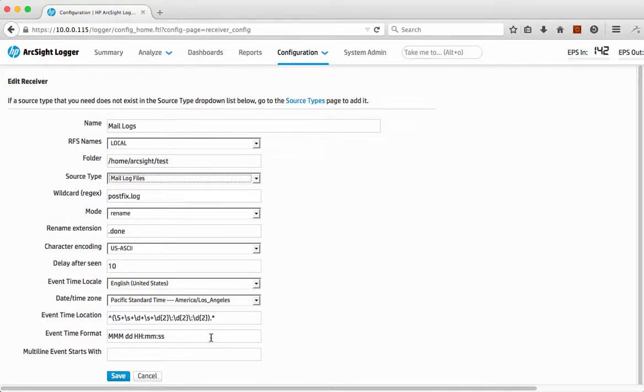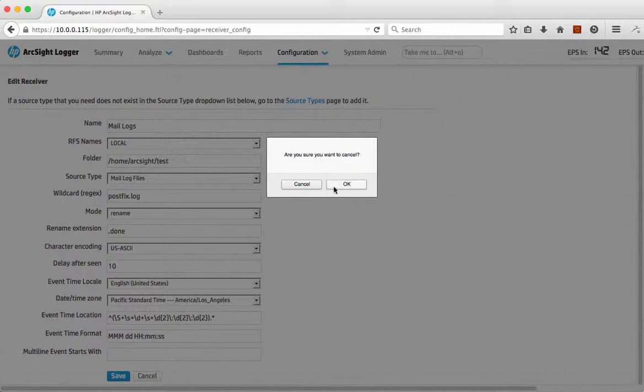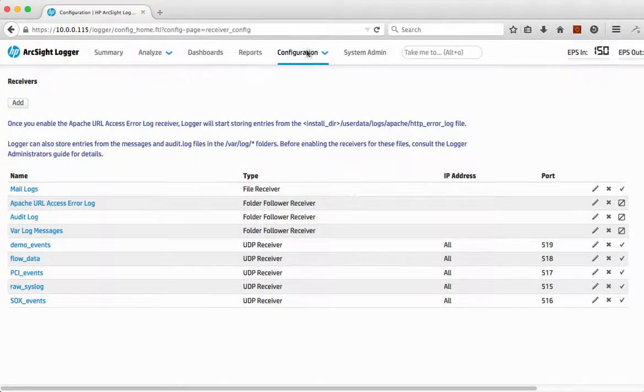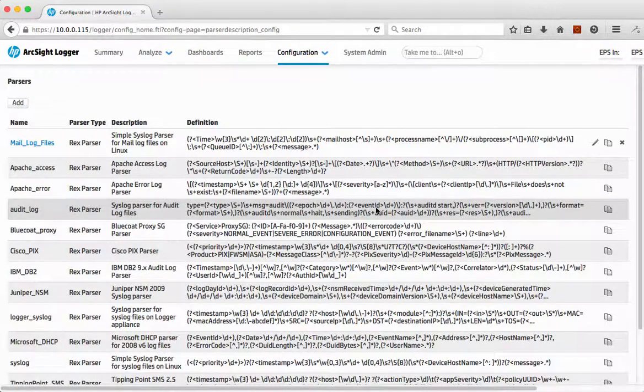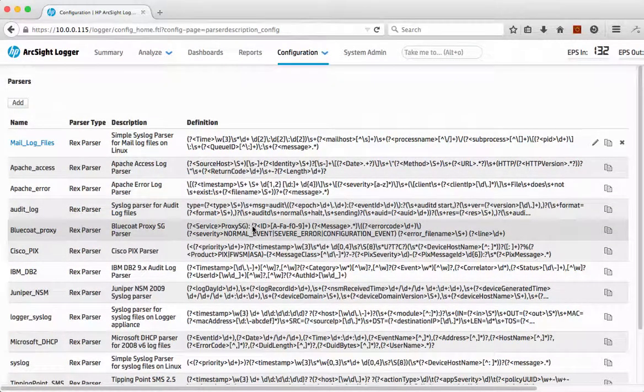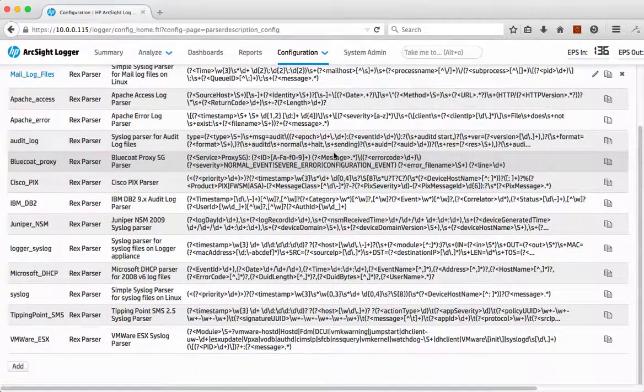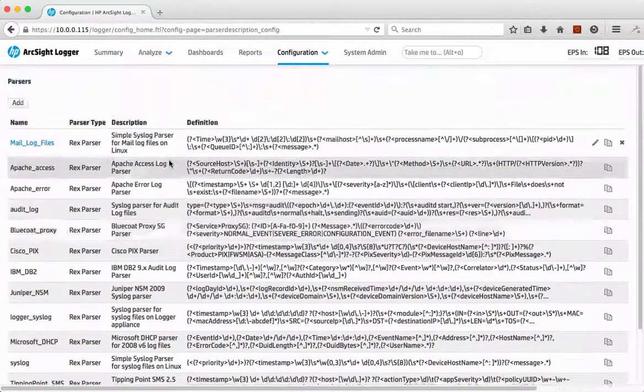We need to define some time formats for that, but once it's done, then we actually just receive that log data and process it accordingly. Like I say, the great thing is that we can actually define additional parsers within this to process the data. As you can see here, we can actually do some of that processing to do some of the field mapping. It's based on some pretty straightforward, simple regex for doing that. And of course, we can define that as part of a standard process that we've already defined, for example, using the little wizard that has been demonstrated in a previous scenario. So that's all great, but